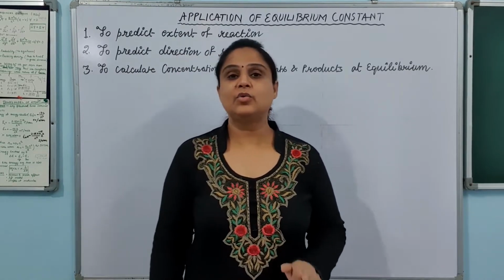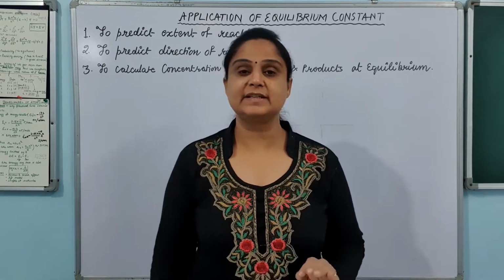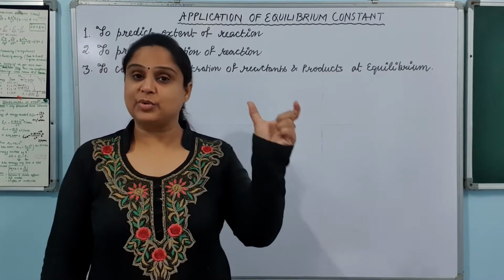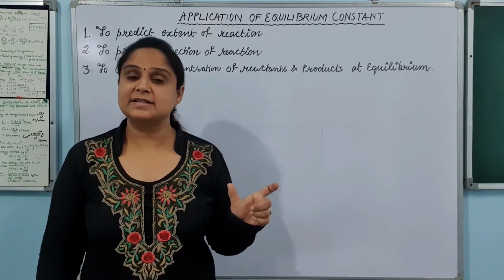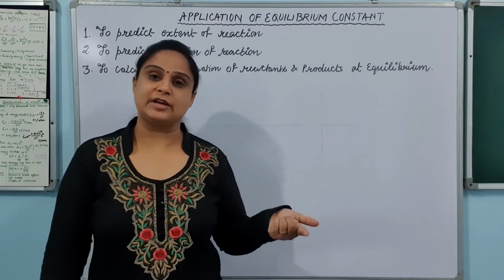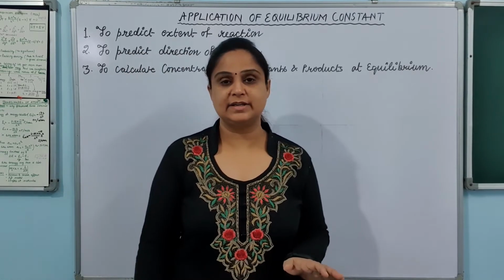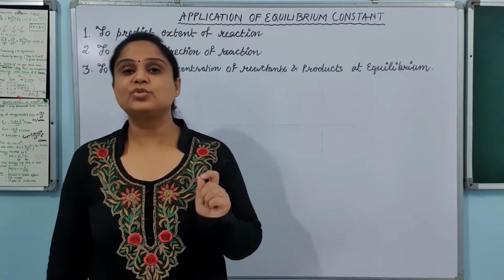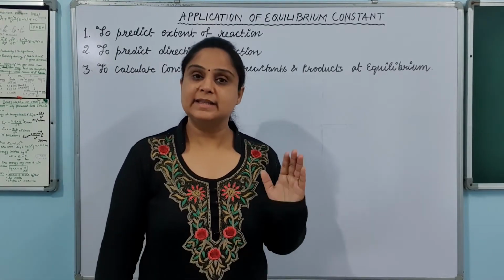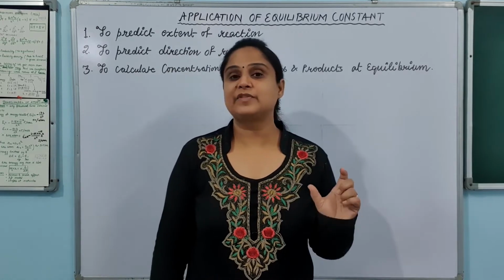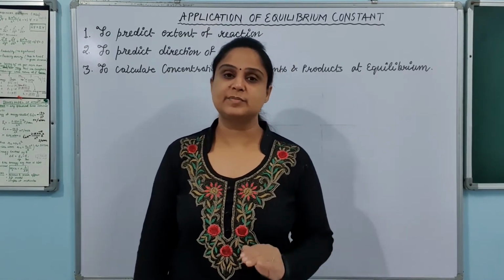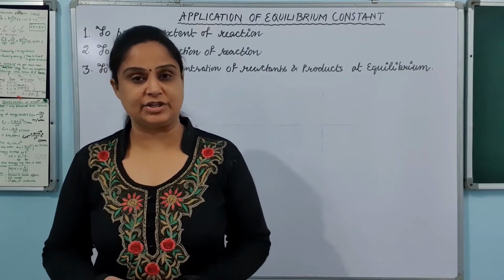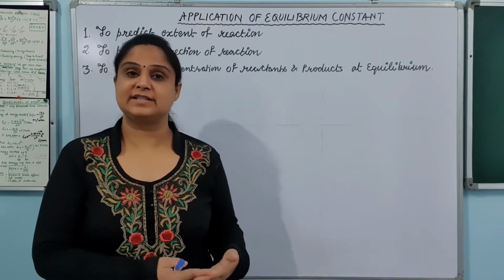We all know what the equilibrium constant is. It is represented by Kc, and Kc is the ratio of the product and reactant concentrations raised to the power of their stoichiometric coefficients. This we have already done. Those who are not clear what Kc is, I suggest they go through this link so that they can first make their concept of Kc clear, and then come to this topic on where to apply it, what knowledge you can get about a reaction if you know its Kc.